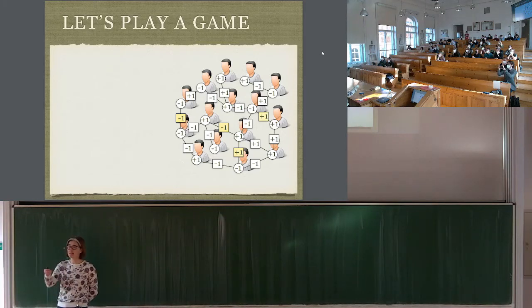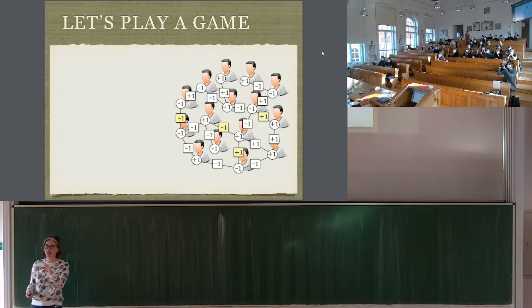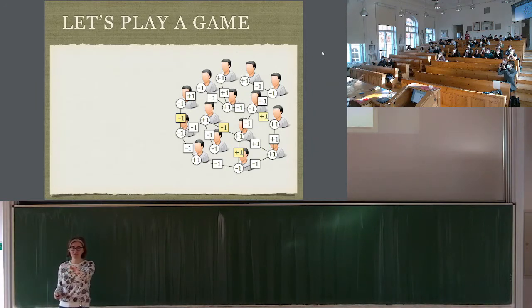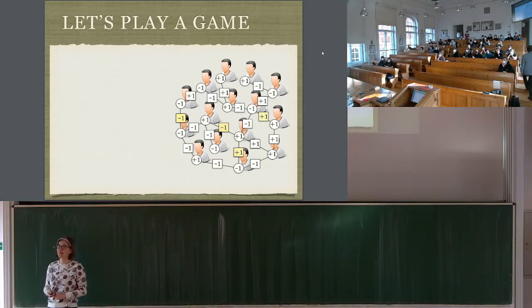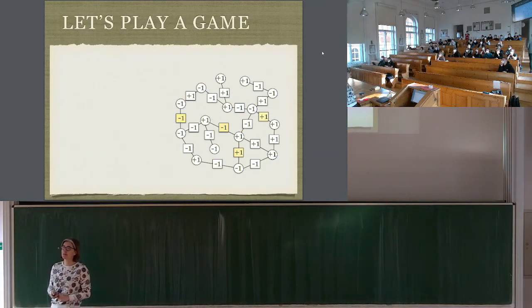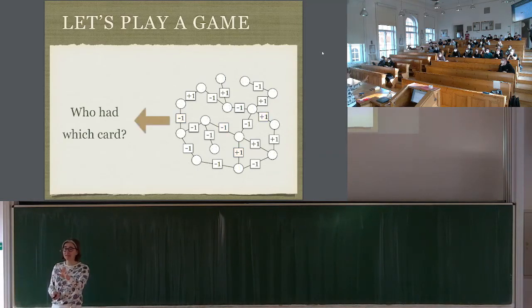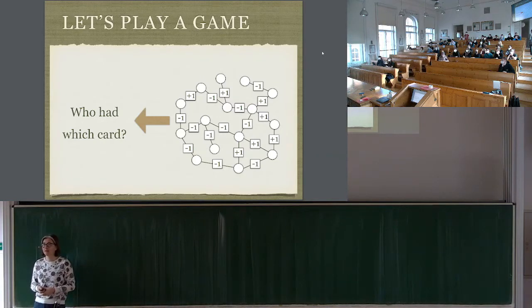And then, this is still not what I observe, because I said I don't observe yellow, white, the dice. That's you who roll. You just don't cheat, you roll. But you don't show me the dice. That would make my job very easy. You just forget now about the people. You just imagine the graph. And now you hide what were your cards, and you hide who is yellow and who is white, which pair drew 4 and which doesn't. So all I observe are the answers yes or no. That's all I have. And I don't have the cards, and I don't have what was rolled on the dice. And now here is the game.